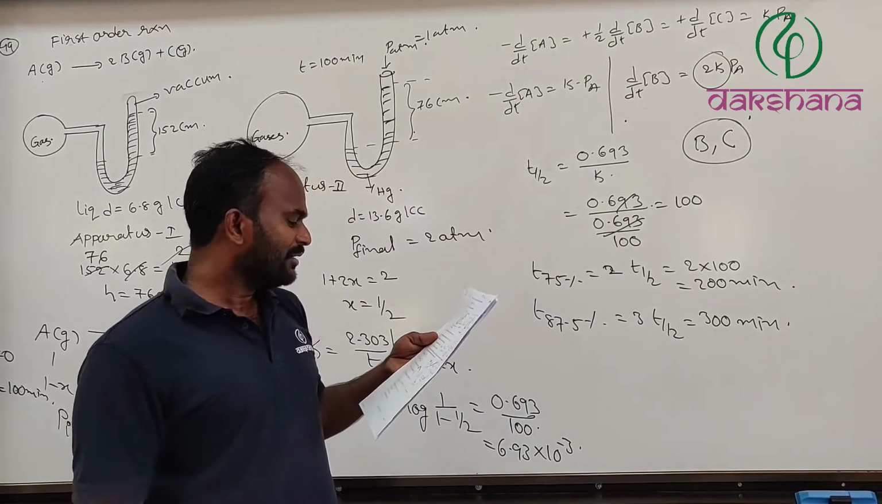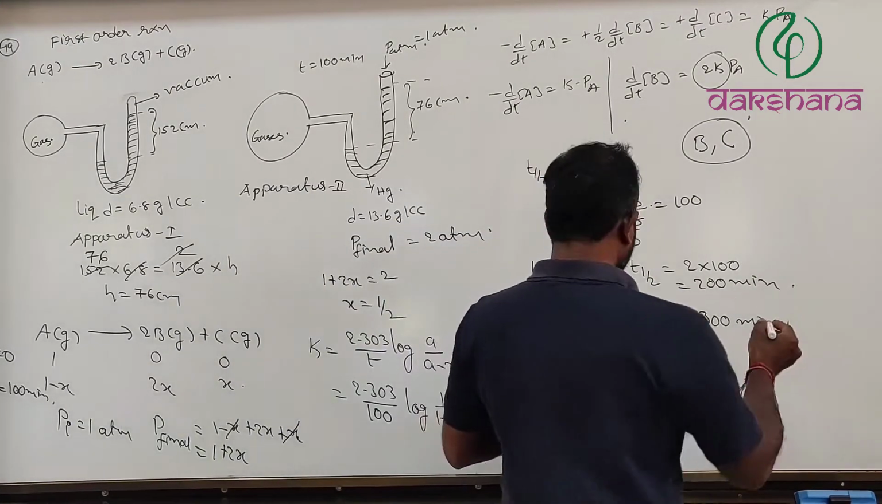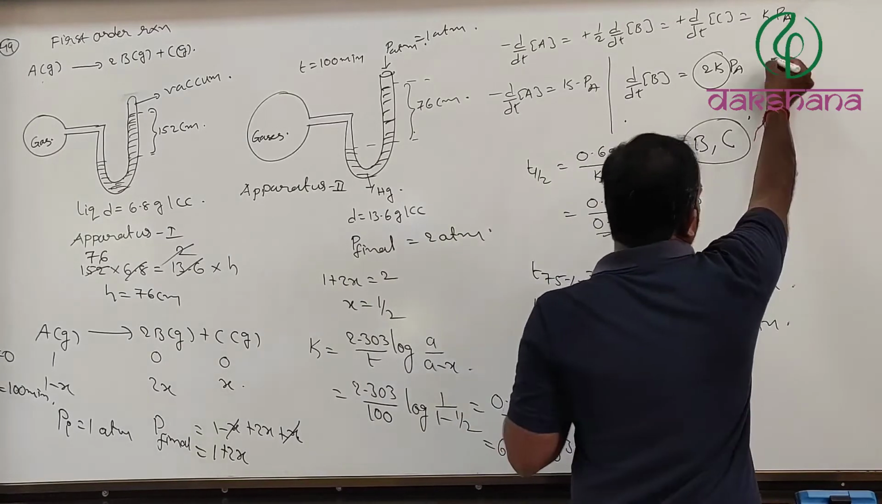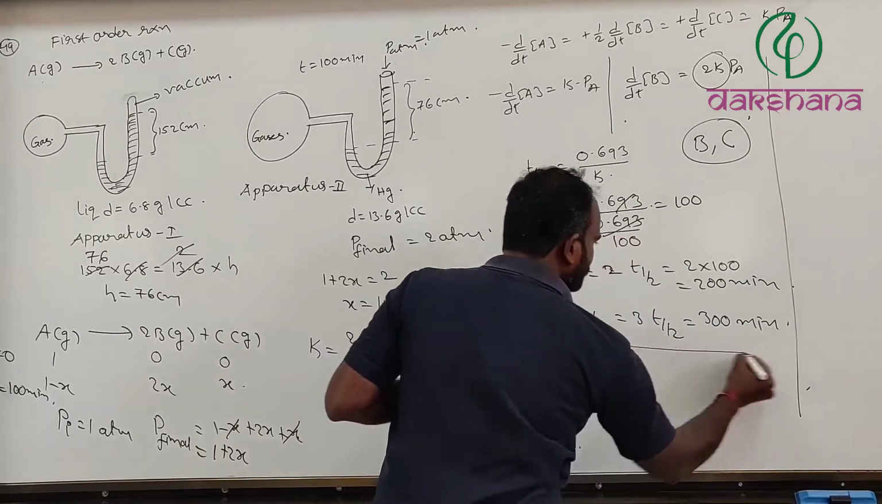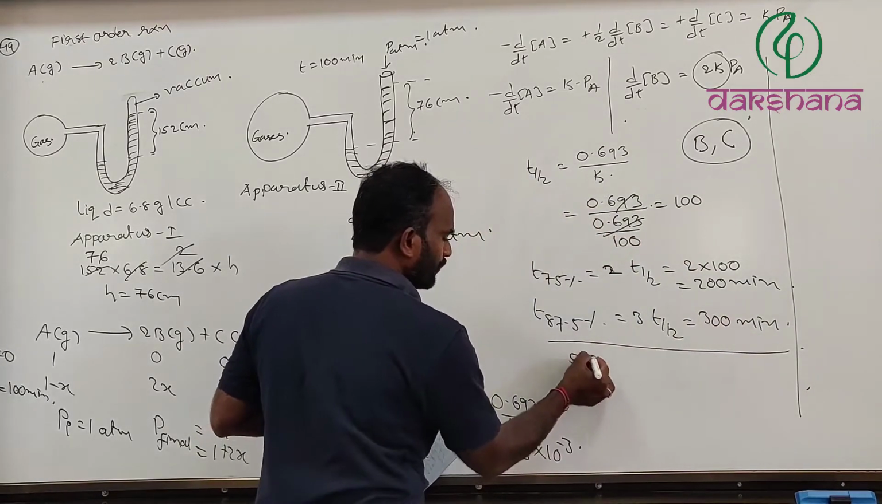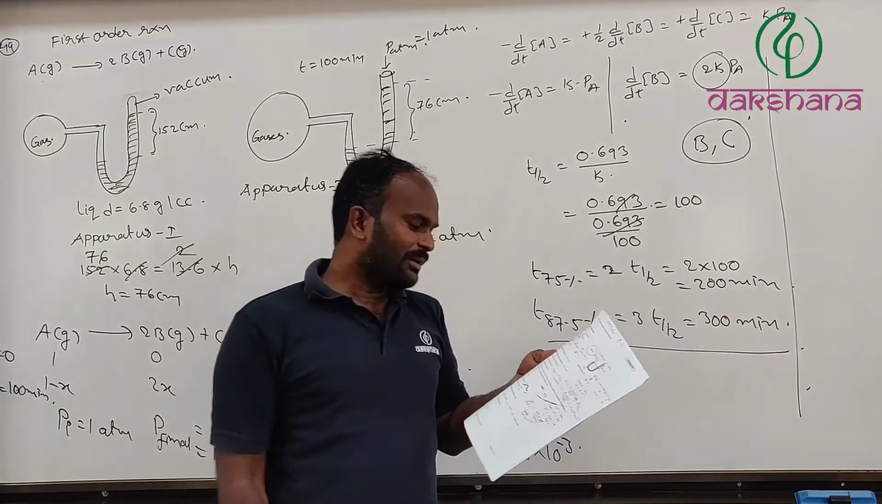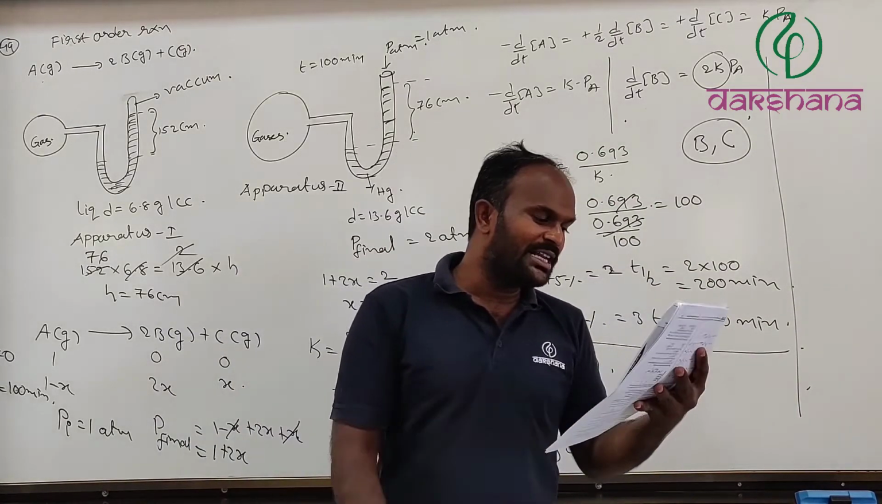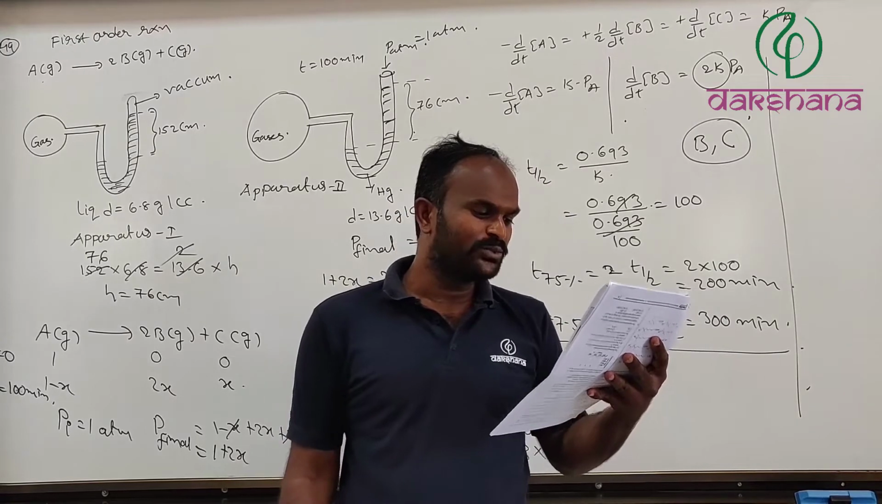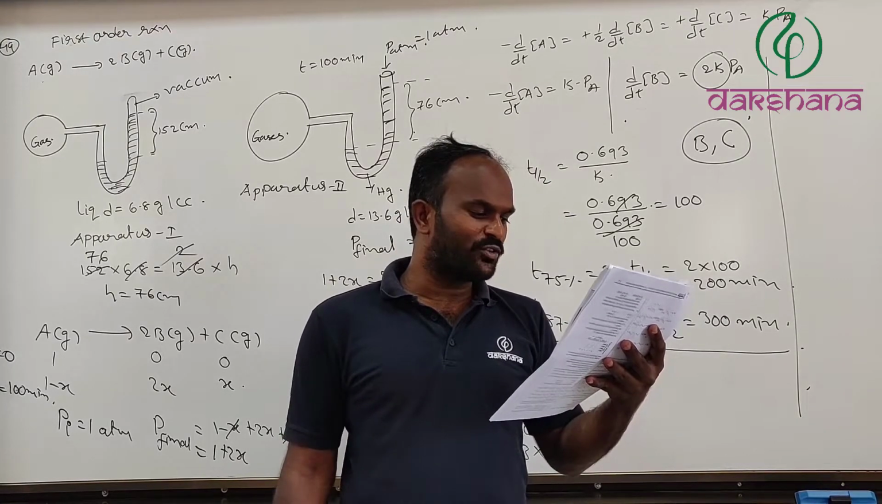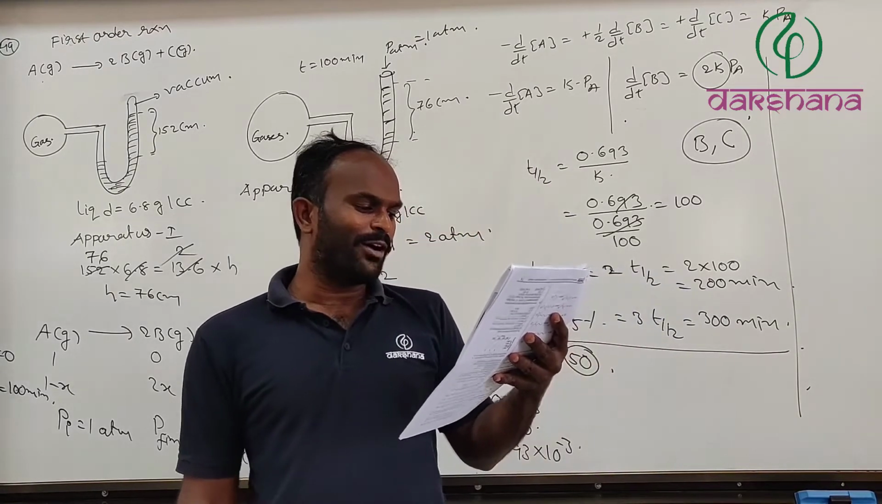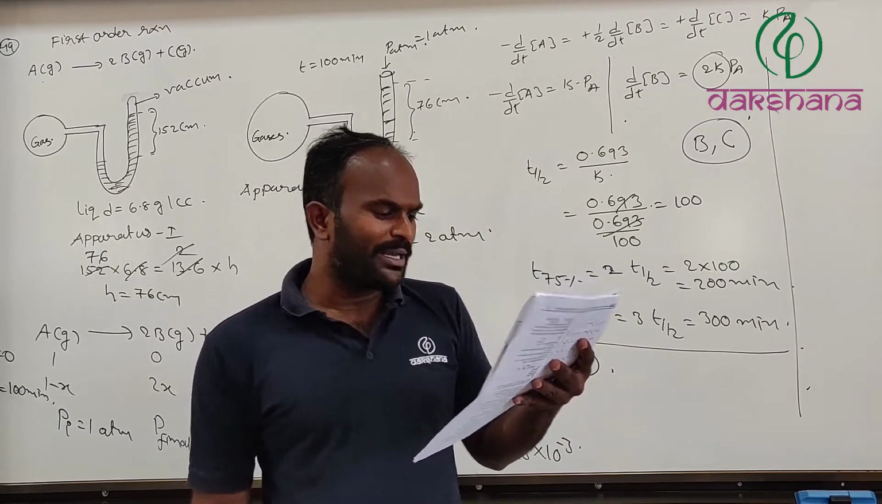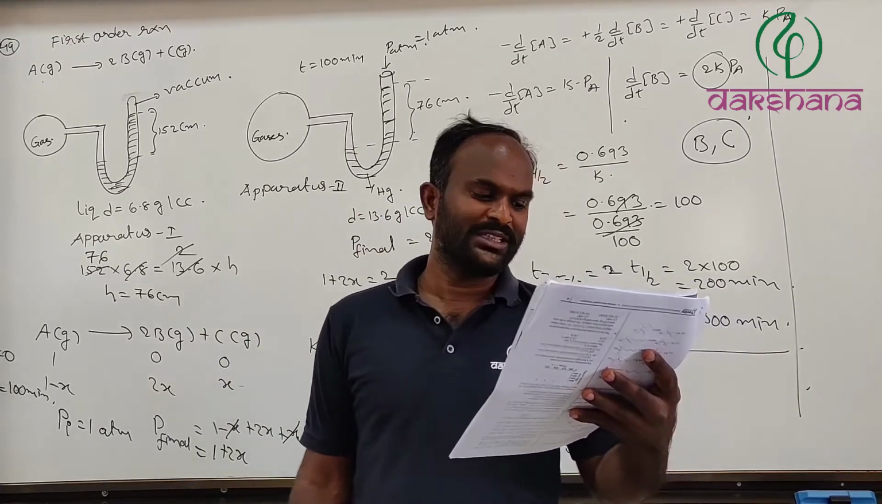Next one, question number 50. We'll move to question number 50. A non-volatile solute is added in benzene liquid so that the lowering in vapor pressure of benzene is 78 mm of Hg at the normal boiling point of pure benzene liquid. Then,